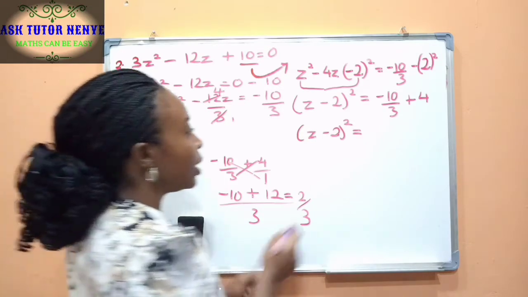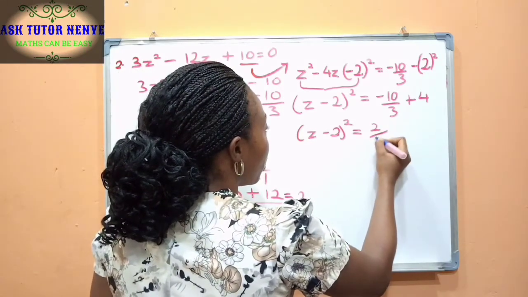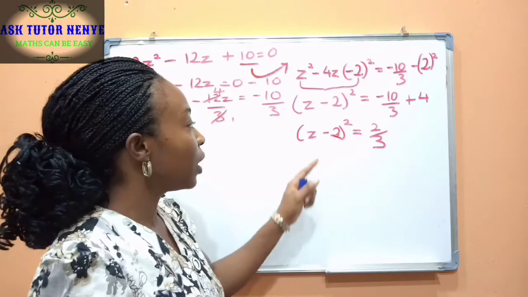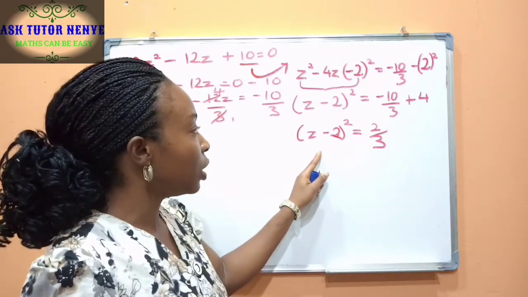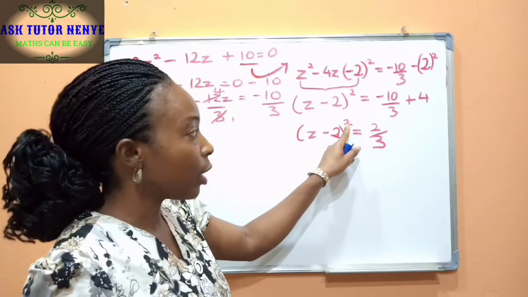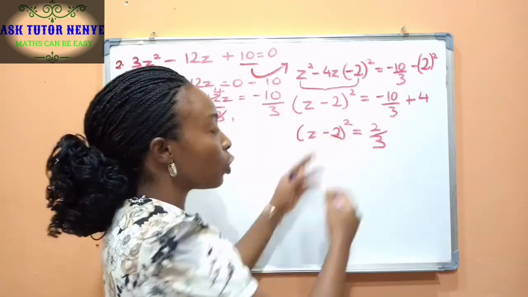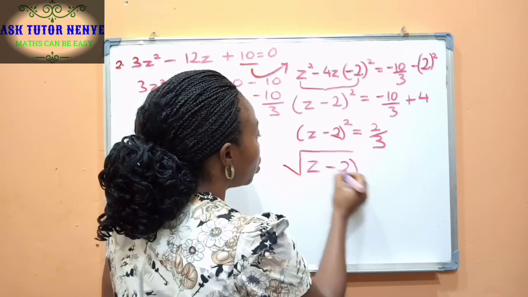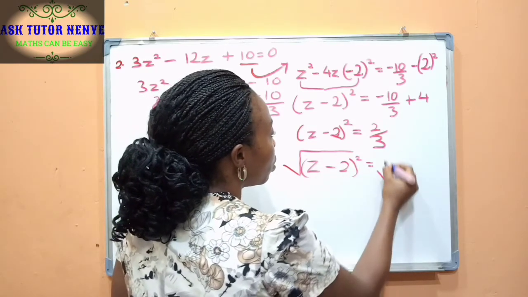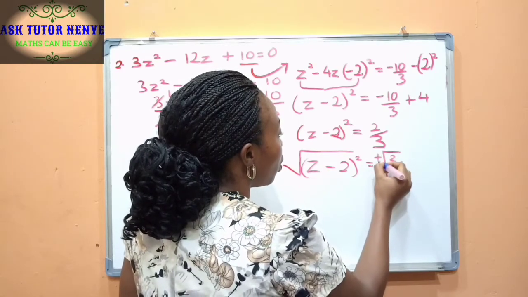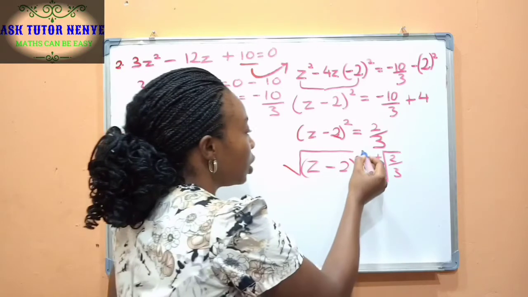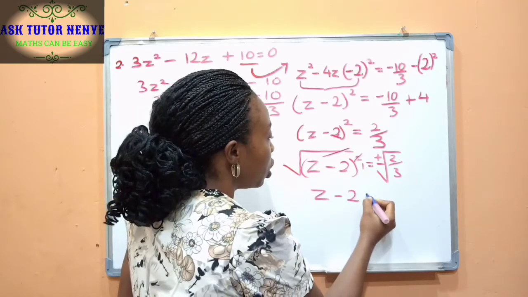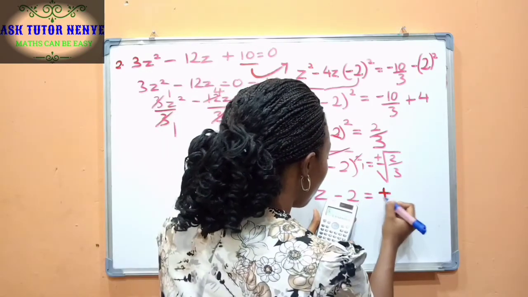So we have succeeded in getting this. This is going to be 2 over 3. So now we have gotten to this stage. The next thing we need to do is to find the value of z. But we cannot find the value of z if we do not eliminate the square here. And we do that by finding the square root of both sides. So we are going to have (z minus 2) squared equals 2 over 3, plus or minus. Once you do this, this will cancel the square, so we'll be left with z minus 2 equals plus or minus